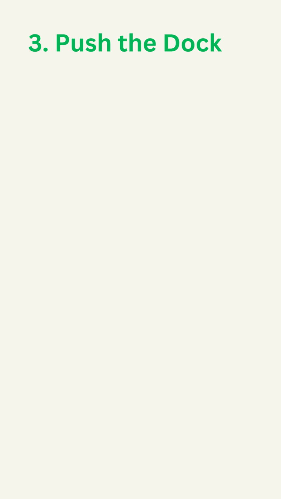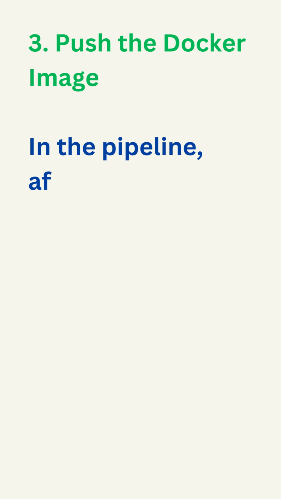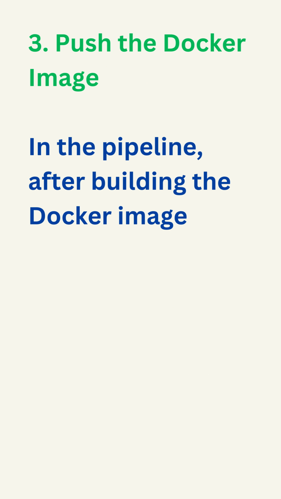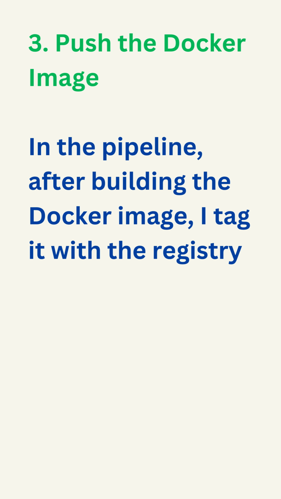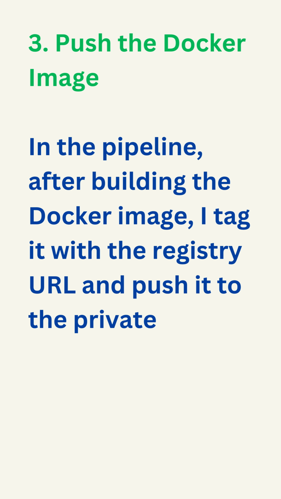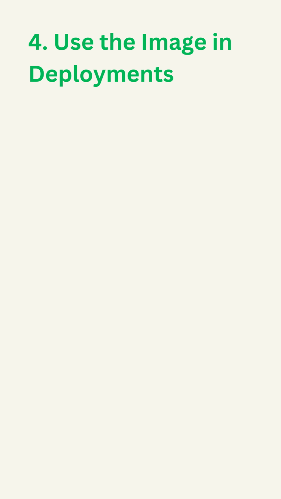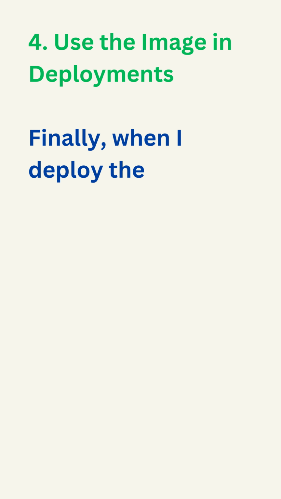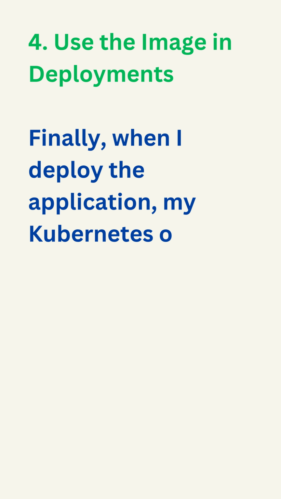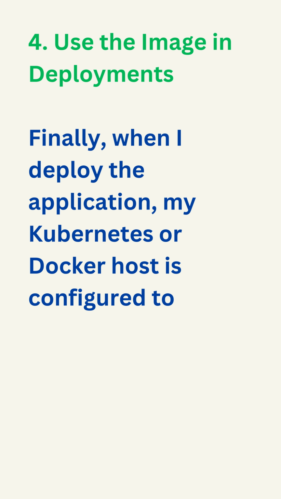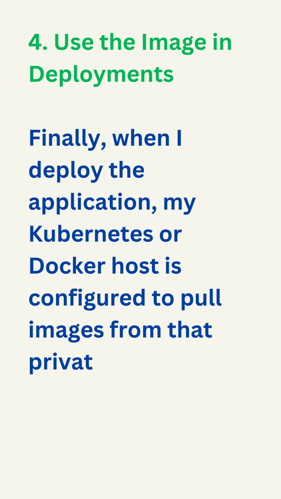3. Push the Docker image in the pipeline. After building the Docker image, I tag it with the registry URL and push it to the private repository. 4. Use the image in deployments. Finally, when I deploy the application, my Kubernetes or Docker host is configured to pull images from that private registry,